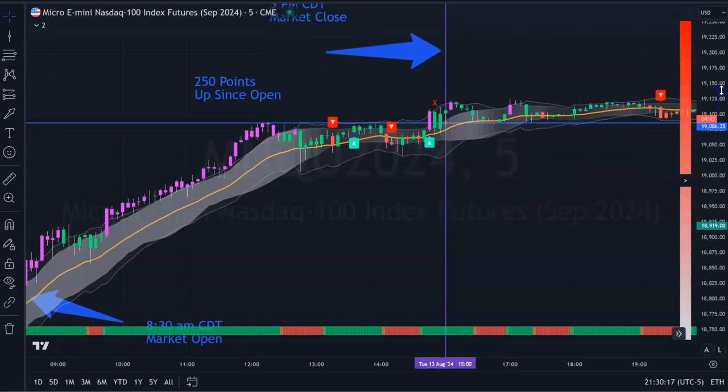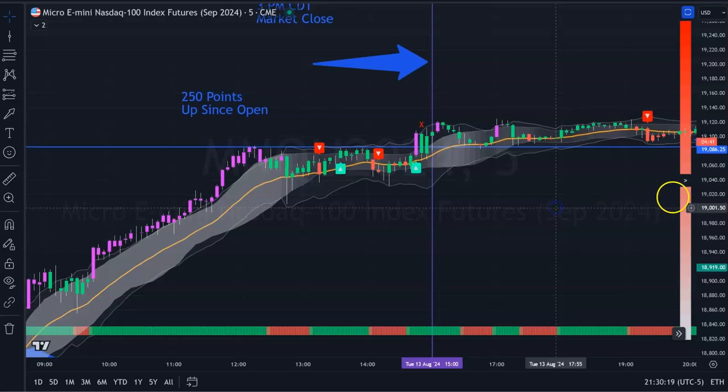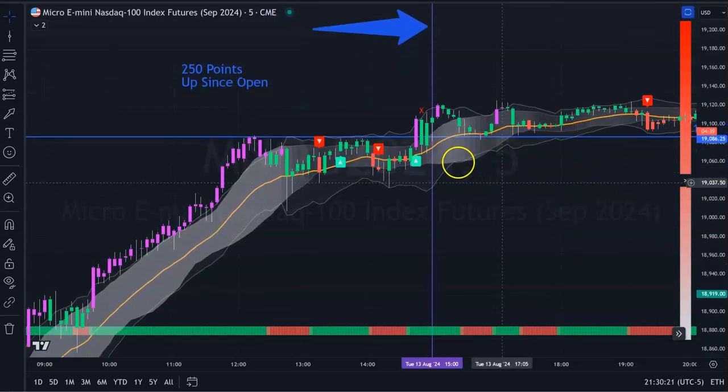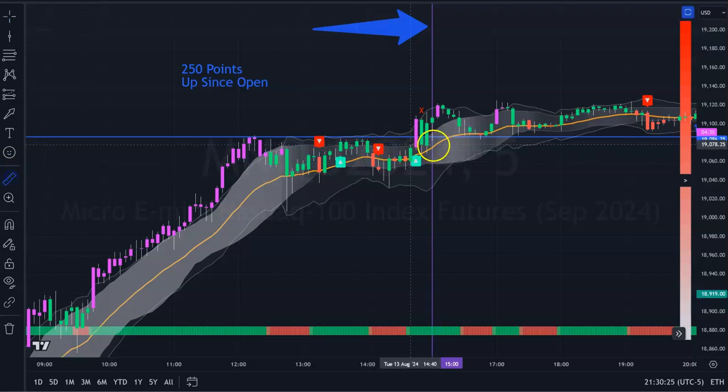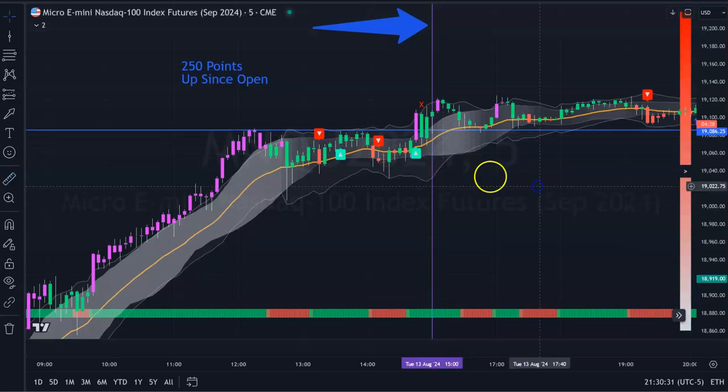Let's go here. I'll just enlarge this to show you that the only amount of drawdown we ever had was right here on these two candles, and it wasn't much. Let's just say you entered at the base of that candle. It's only a 7-point drawdown. You can see we're nowhere near the bottom of that cloud. So it would have been a good trade. You would have had to hold till just 5 minutes after the market closed. But, I mean,